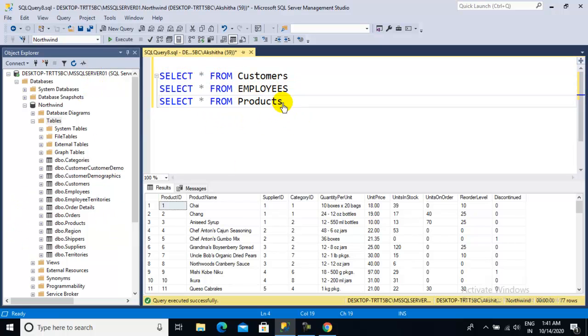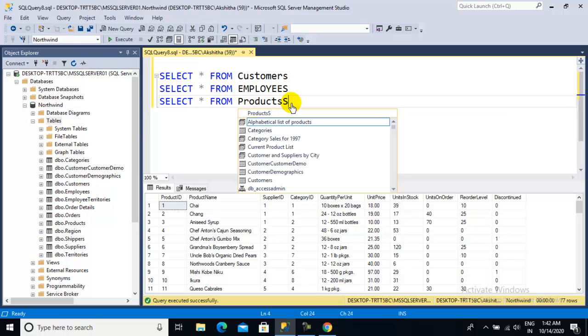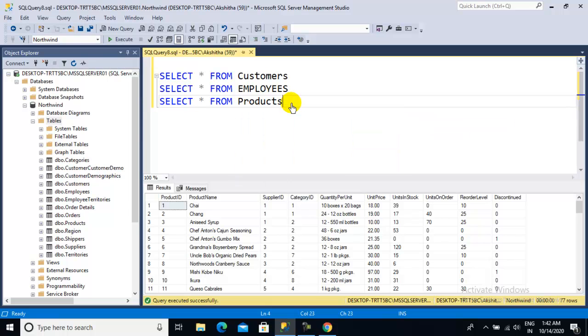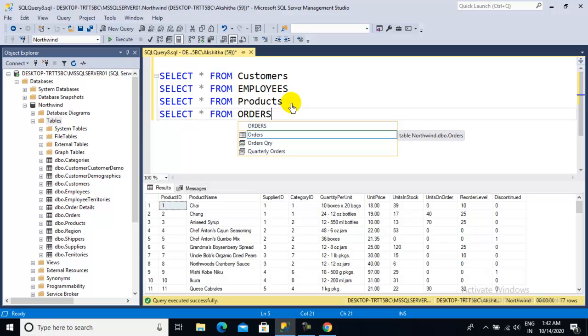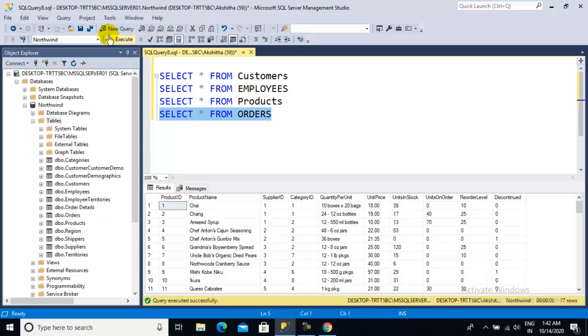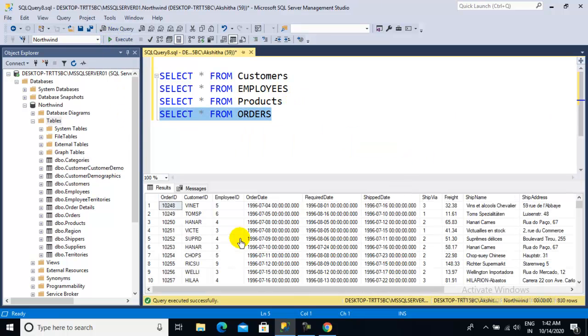So if I want to know about orders, you can write the command SELECT star FROM orders. Click, and we can get the order information.